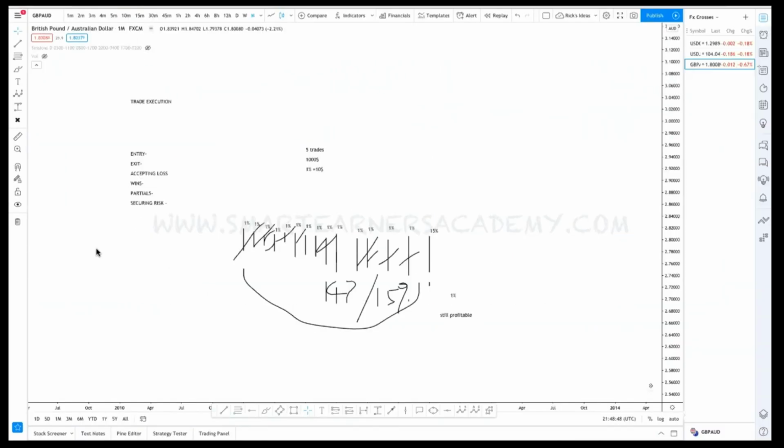Okay, so let me just talk about partials now. So when do you take partials? That's another thing that a lot of people find difficult. Okay, so for me, the way I take partials is like this: